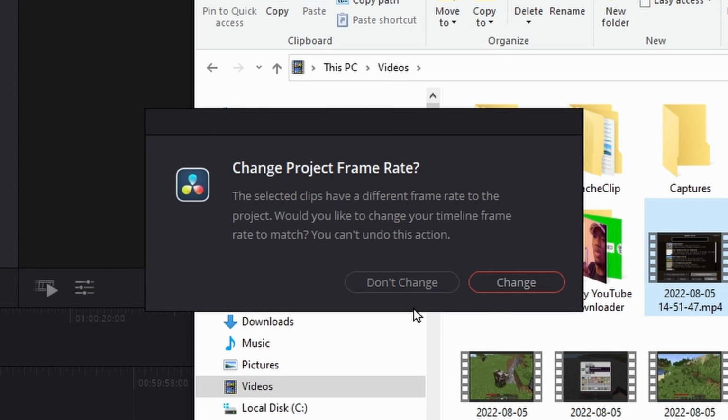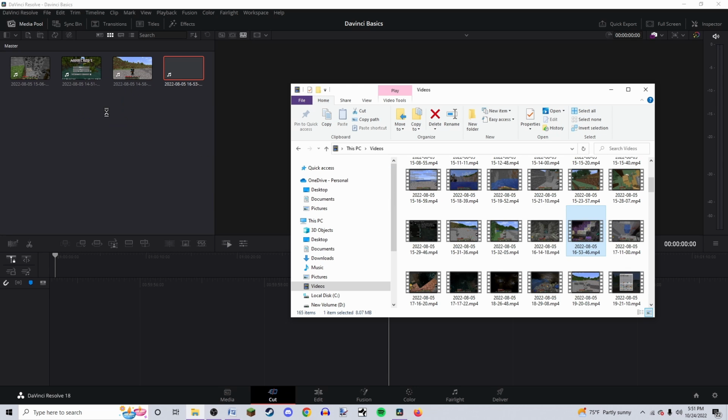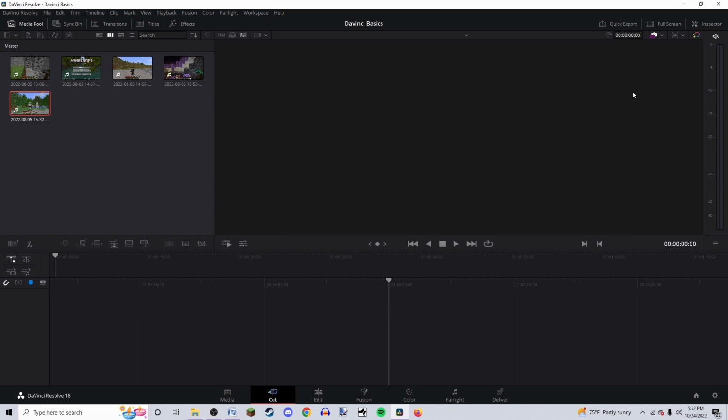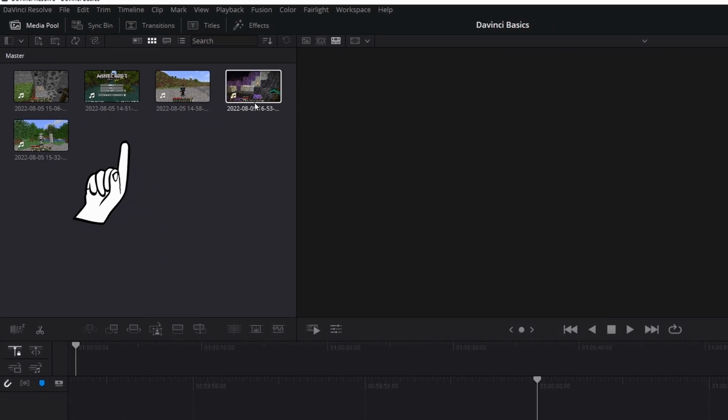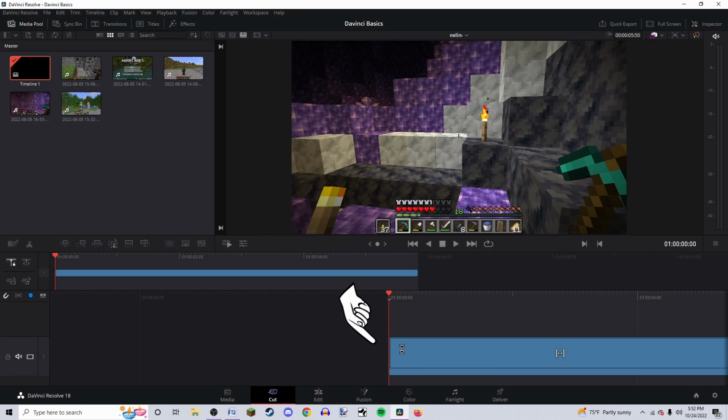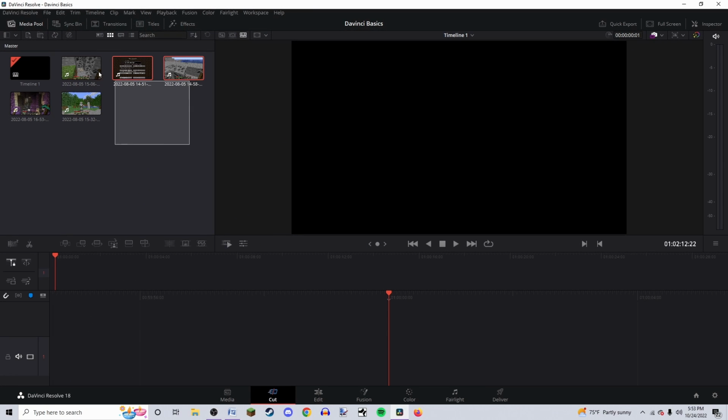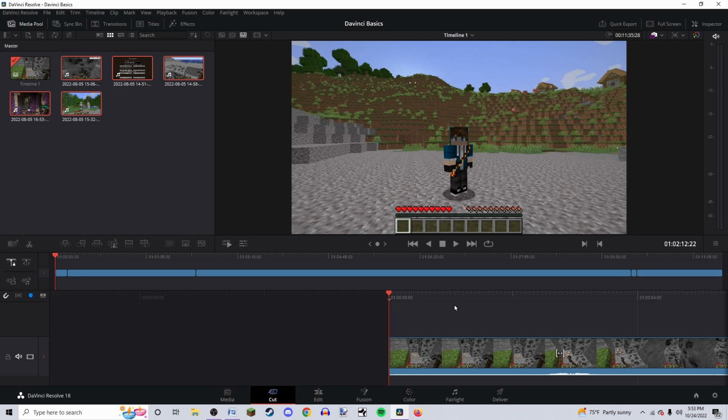It'll ask you to change the frame rate, and I would recommend doing this pretty much with everything. As a general rule though, you want to make sure your frame rate is set to the highest footage frame rate in your folder. Once we import all of the footage that we want, we can go ahead and close that. And even though we've imported this footage, it's not yet in our timeline. The simplest way to do that is just to grab which file you want and drag it onto your timeline. If you want to go ahead and add more than one file at a time, you can select all of those and drag them on, and that'll just put them in there in the order that the